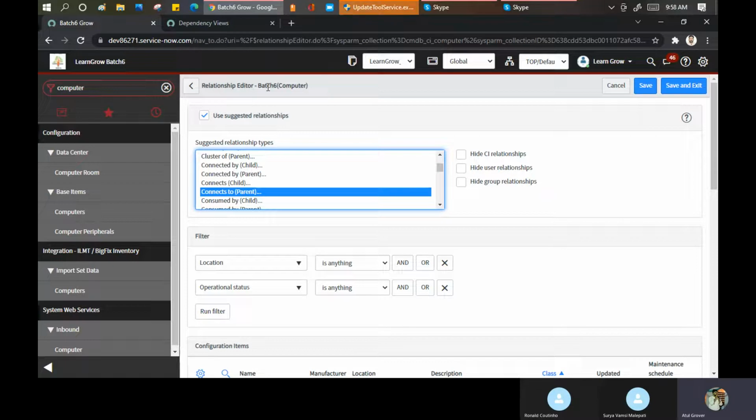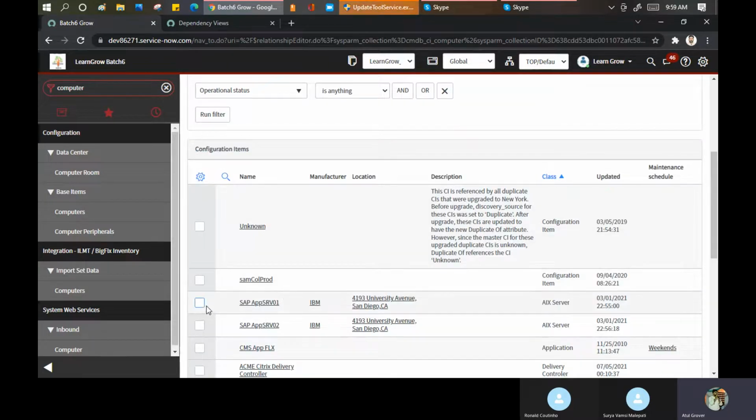It is not like a family relationship where it will be like this only. It is like multiple ways. I am connected: I am mama, I am father, I am chacha. So if I take an individual identity, like say Atul Grover or Ronald or Surya, as standalone, they are a CI. But they have multiple relationships. We have friends, but we have some best friends. We have friends we just connected with. We have friends which we use, like say consumed by kind of things.